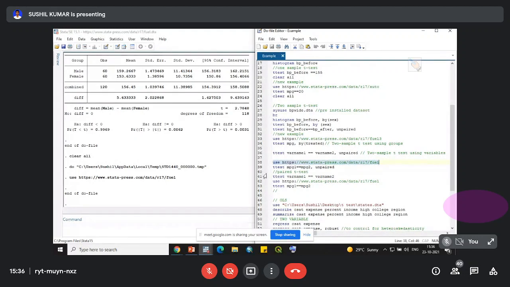Now for the paired t-test, we just have to compare whether the mileage in one scenario is equal or different. So we will use the command ttest mpg1 == mpg2.